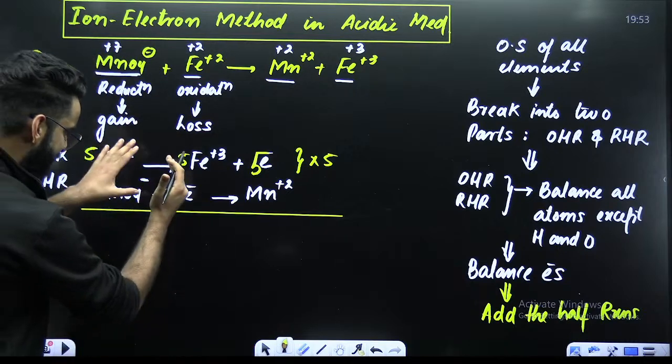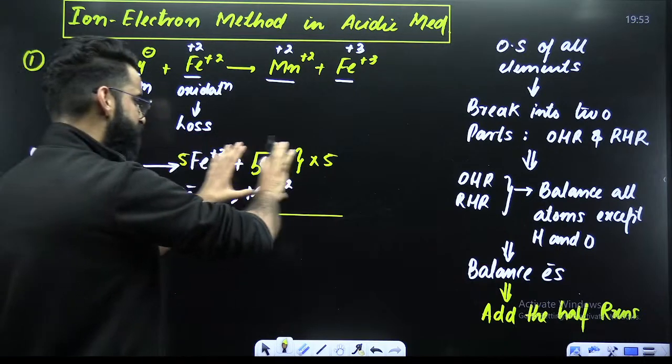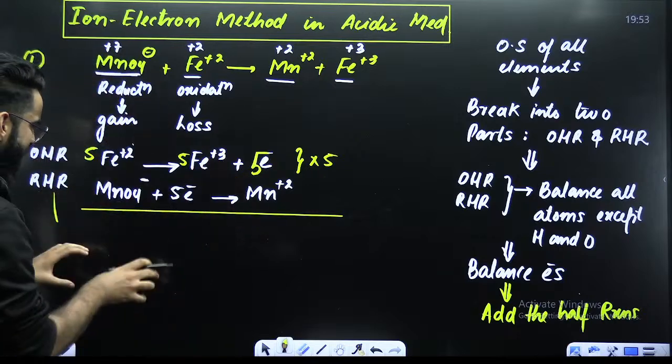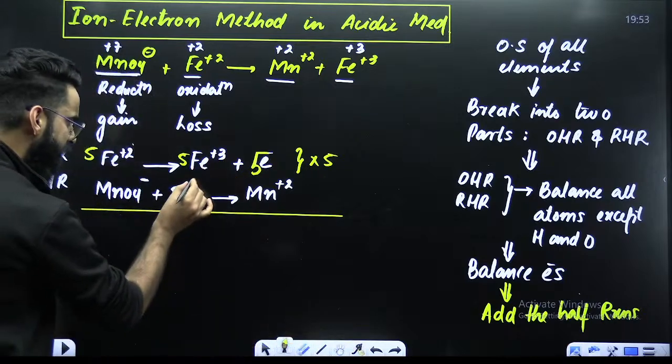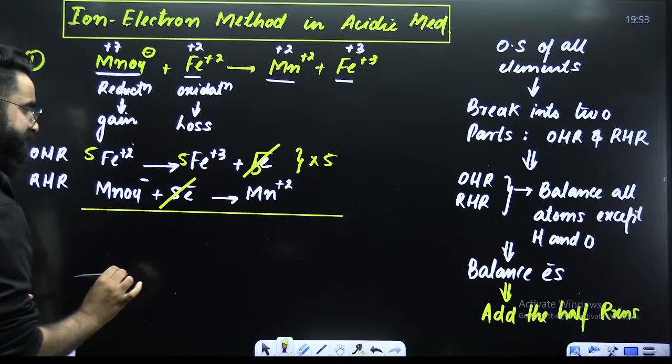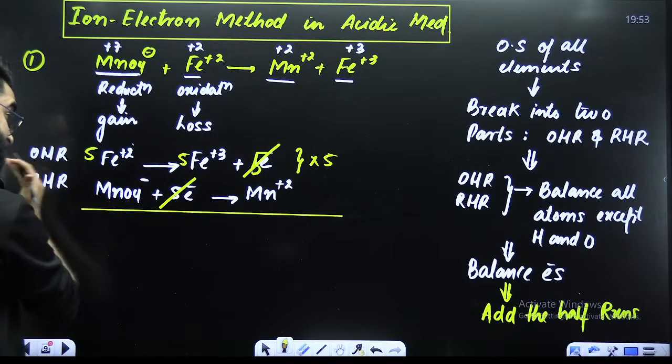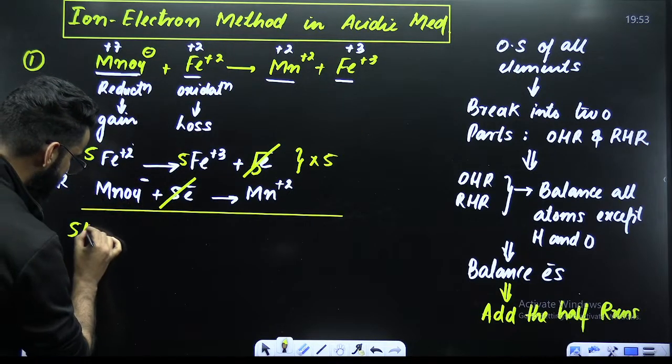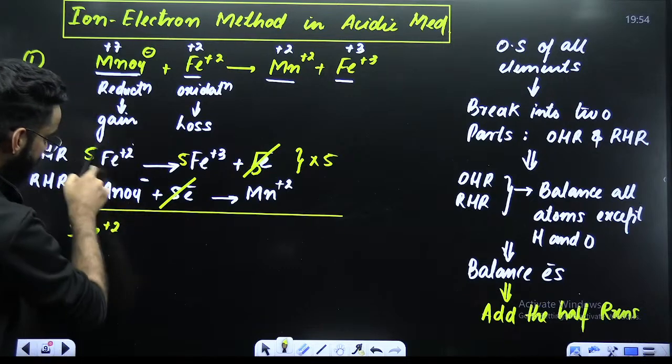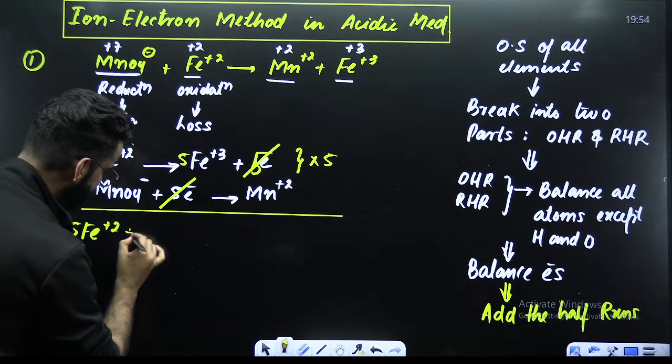See, LHS side you'll be adding separately. RHS side you'll be adding separately. And when I'll be adding these two reactions, what you'll observe? You'll observe this 5 and this 5 will get cancelled out. So, on adding the left side part, it's going to be 5 times Fe2+, 5 times Fe2+ plus what? Plus MnO4-.